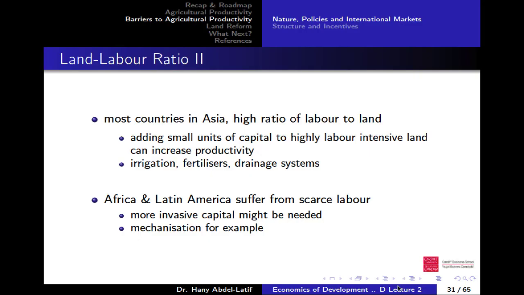What we tried to do in the first half of this lecture, we tried to measure or talk about how we measure agricultural productivity. We showed some statistics, some comparisons across different countries, that show us how agricultural productivity is very low in poor countries, and that might explain why they are poor.